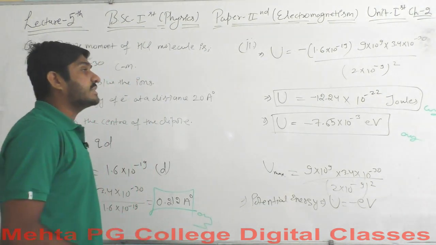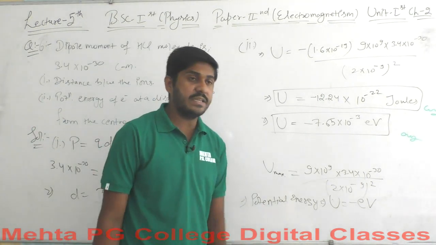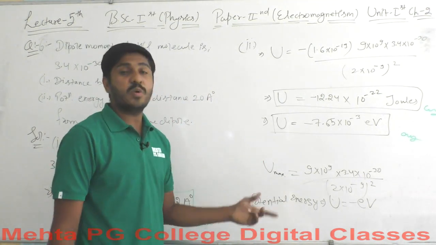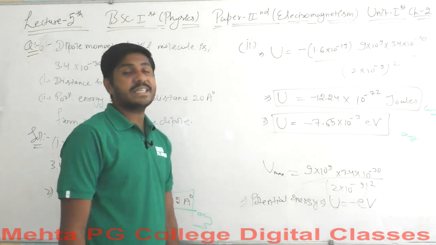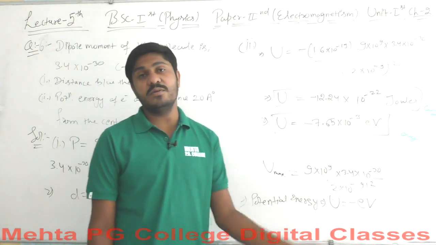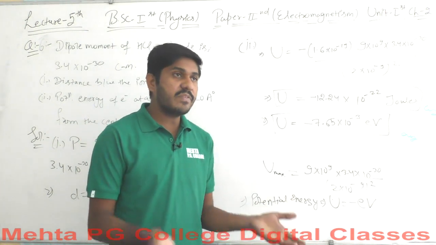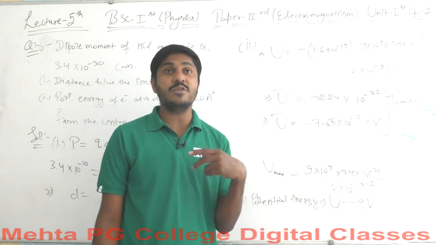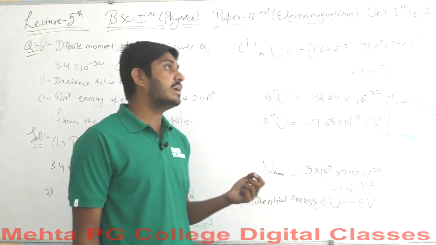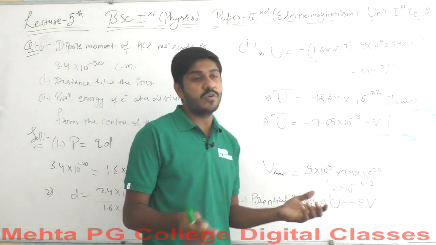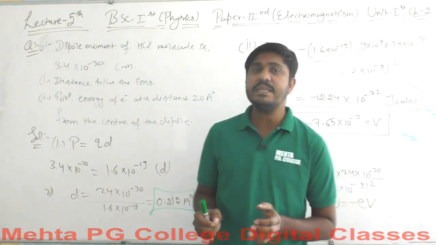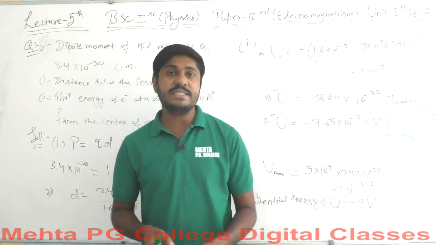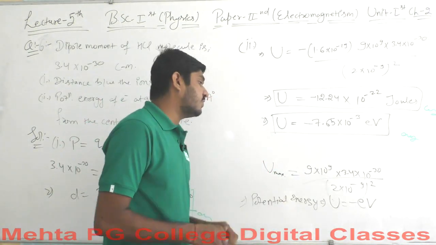Then after this we are subjected to calculate the potential energy, but before going to the potential energy, we should calculate the total value of potential, and we will go for a maximum value because the maximum value is the only value that will exist, but the minimum value will be 0. So for 0 there should be no potential energy, and it cannot be said that any particular molecule or particular electron will go for a 0 energy. Everything must have some certain amount of energy associated with them. So using the same concept, we go for a maximum value of potential here.